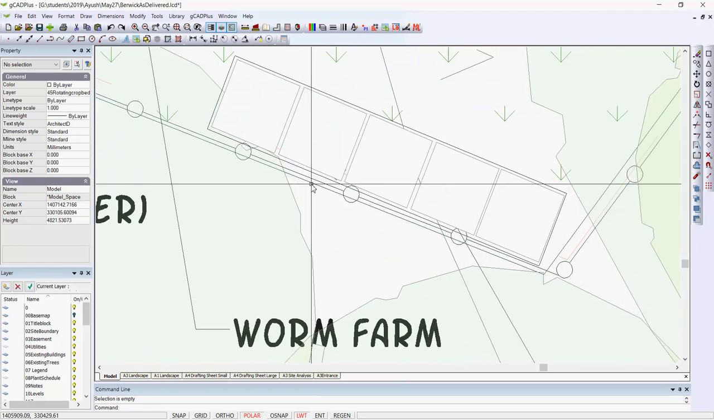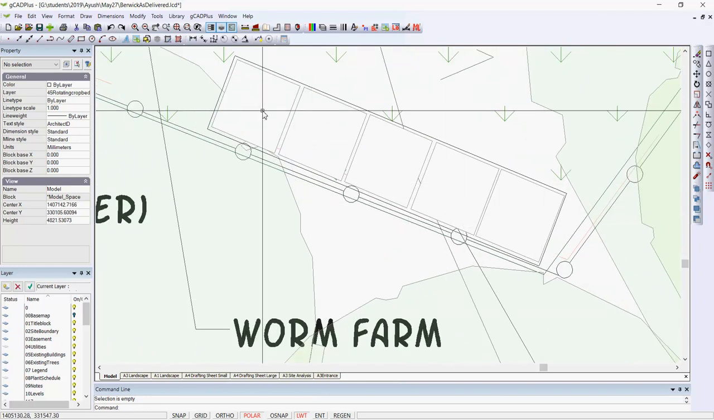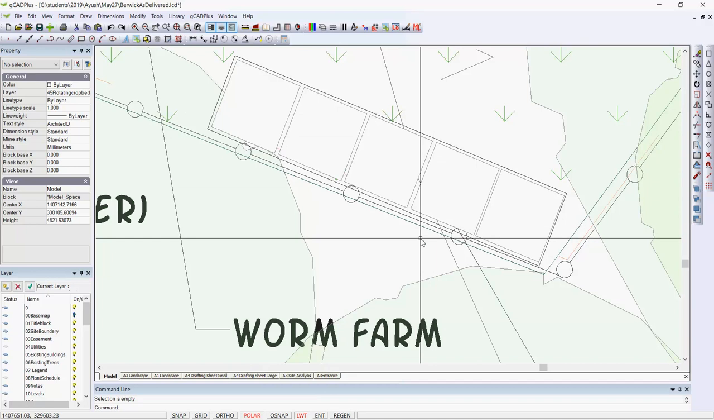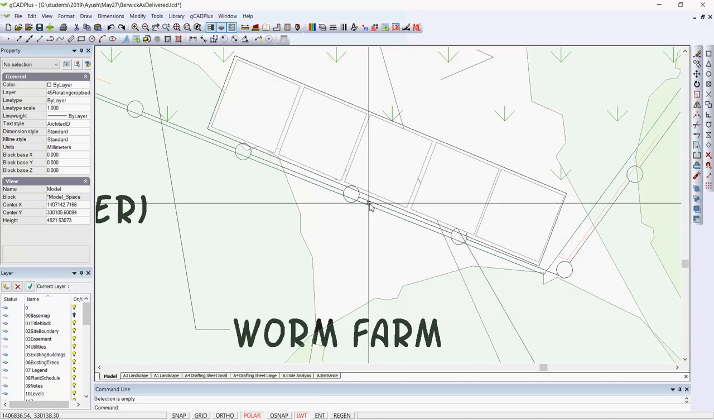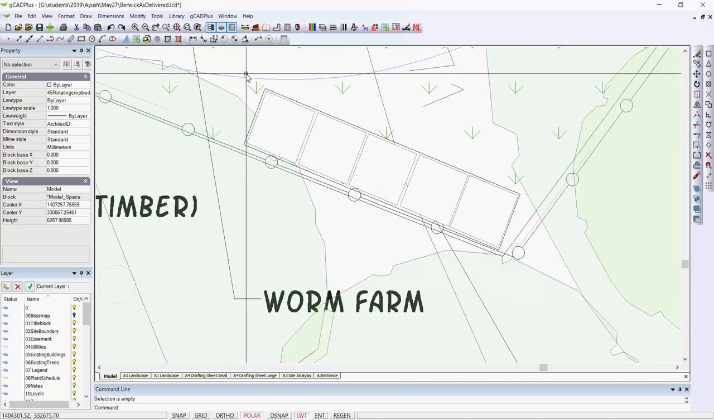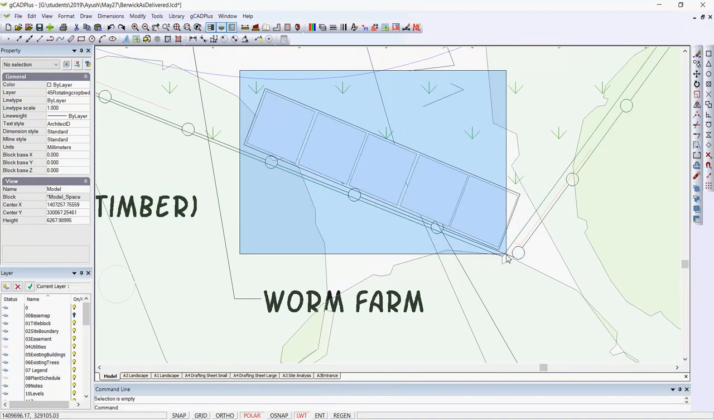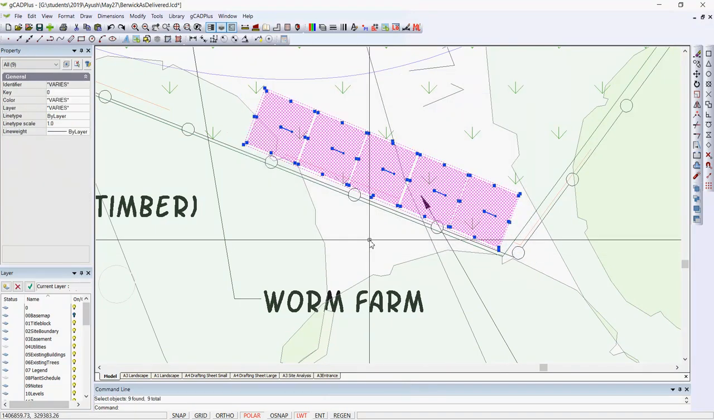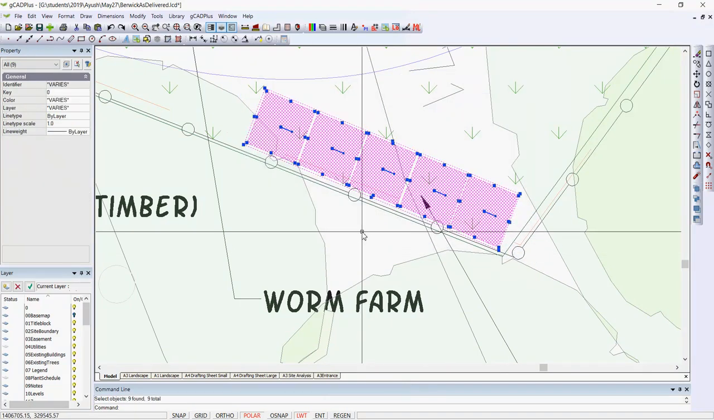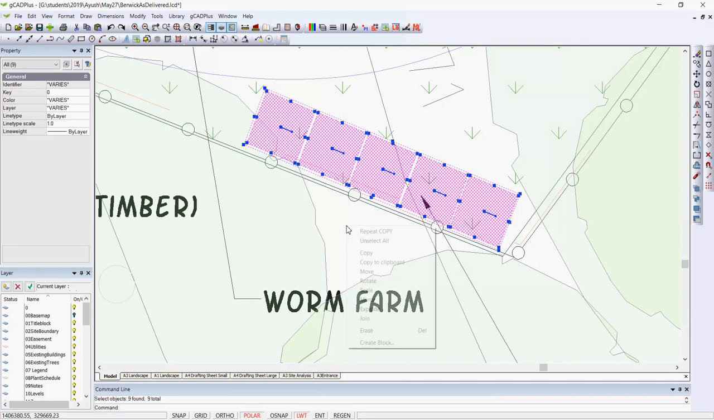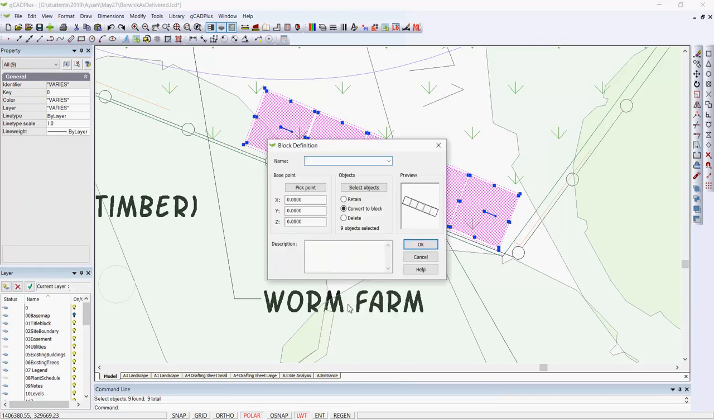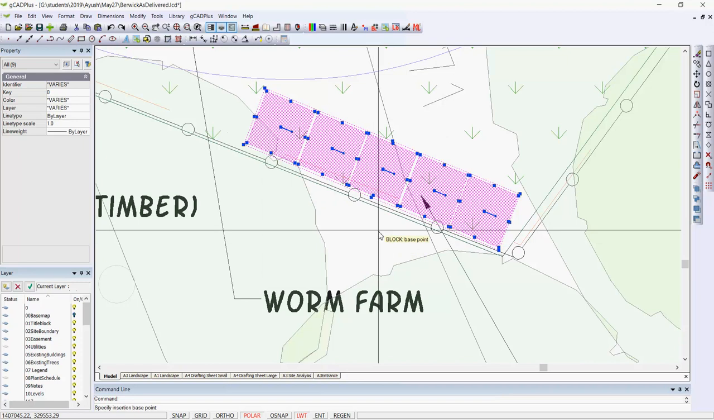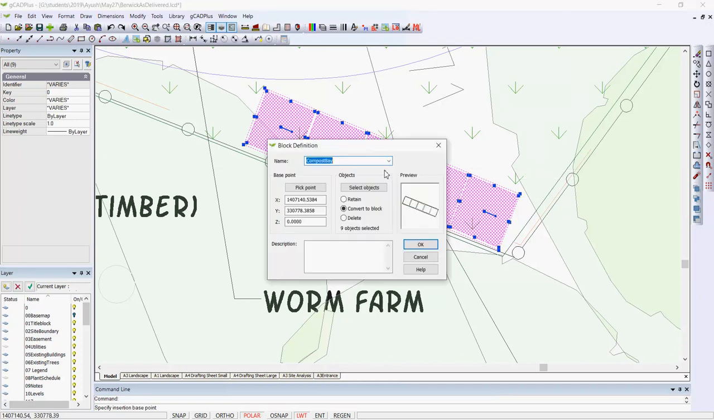I don't think that the series of bays is parallel to the fence line, but we can easily turn that into a block like so, select it, and I think I've got everything and nothing additional, and right click and we'll call this compost bay. Always pick a pick point when you're making a block on the fly, and we'll pick that one